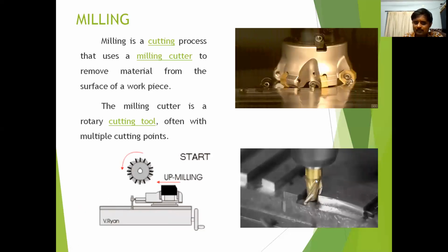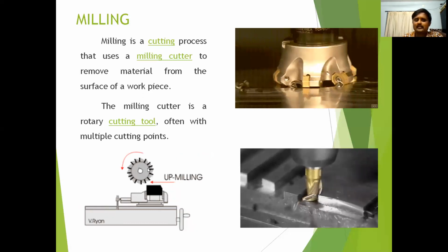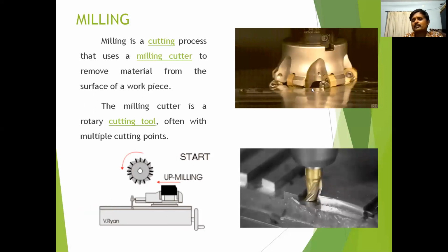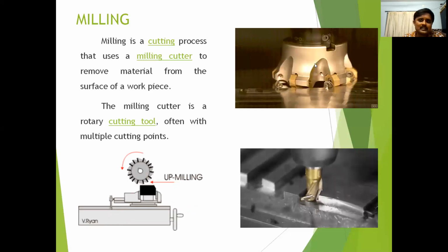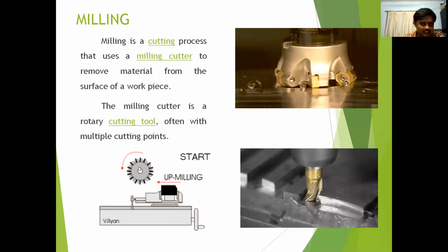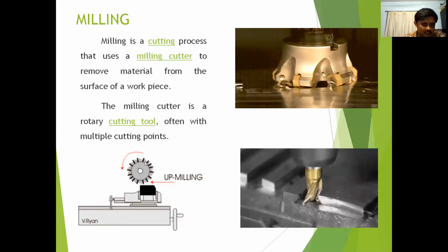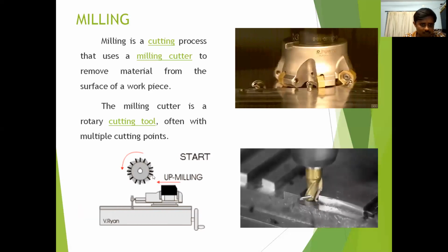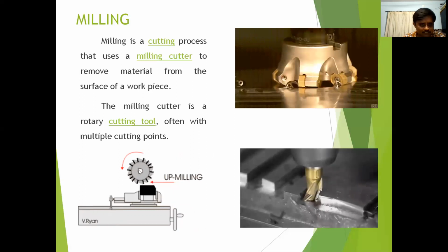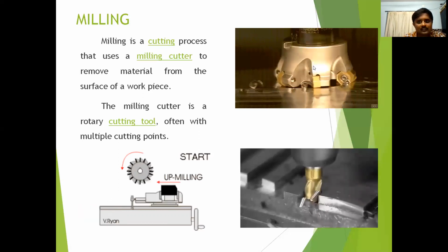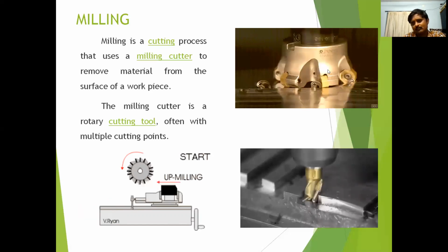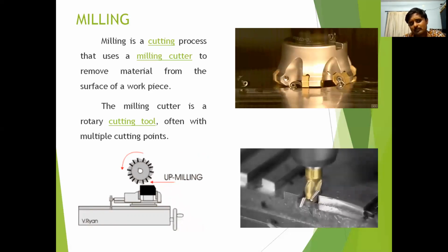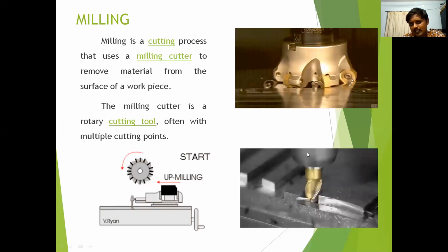This is one type of milling cutter. It is also one type of milling cutter. Depending upon the type of milling operation, we are going to select any one of these milling cutters. This is also known as a milling cutter. Here if you observe, the milling cutter is just like a disc, rotating about its axis, and the axis of rotation of the milling cutter is here horizontal, and in both the cases the axis of rotation of this milling cutter is parallel to the ground. So depending upon the milling operation, we select the type of milling cutter.